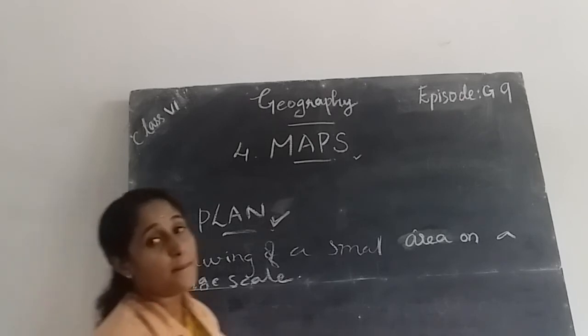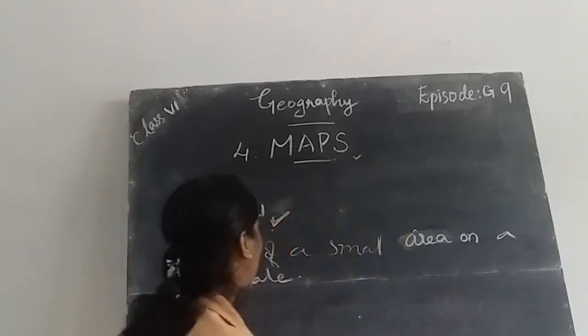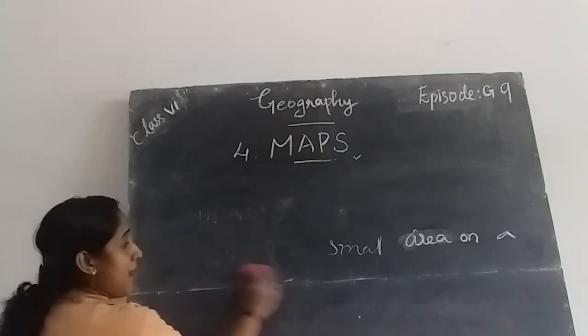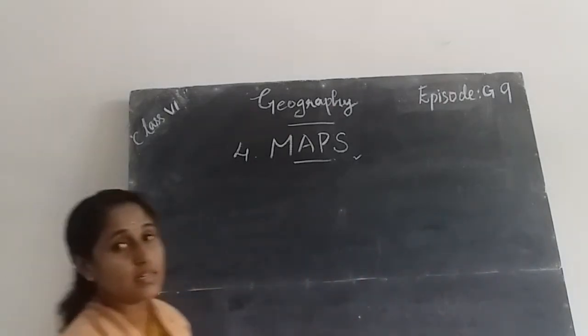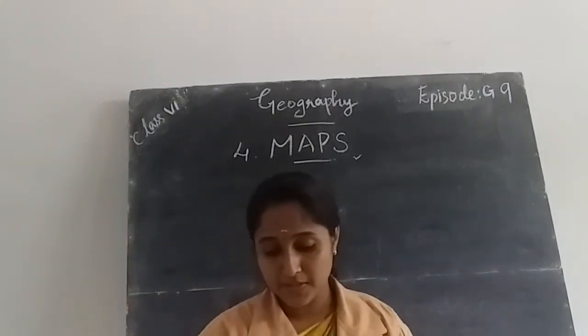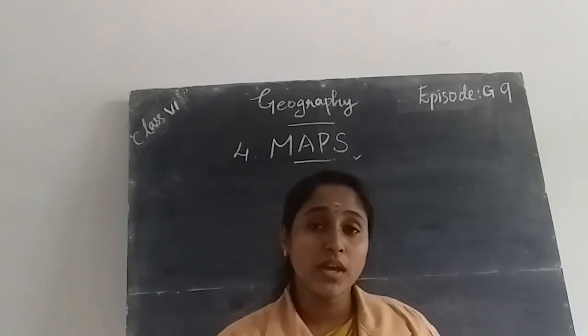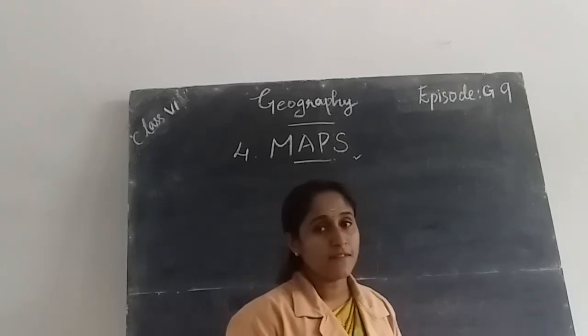So these are the main concepts in this chapter. First one we are studying is map. What is a map? A map is a representation of the earth on a flat surface, right? Then we discuss the types of maps, that is physical,